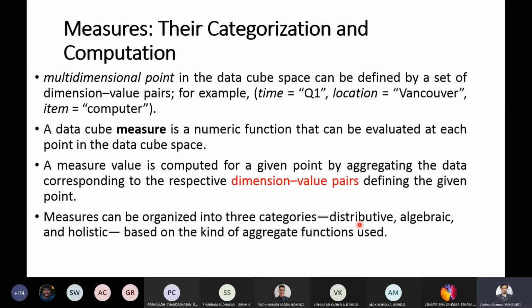If you remember the definition for algebraic, an aggregate function is algebraic if it can be computed by an algebraic function with m arguments where m is a bounded positive integer. If there is no constant bound, it becomes holistic. A few examples for holistic could be mean and median. So mean and median are examples of a holistic measure.